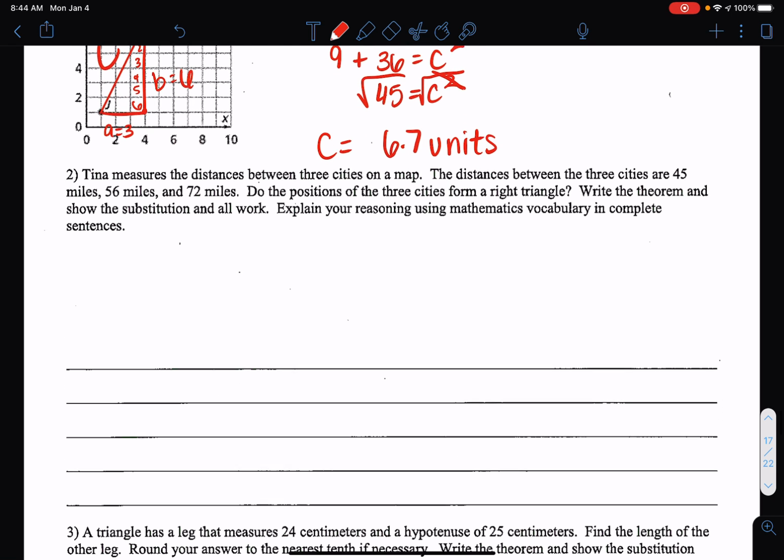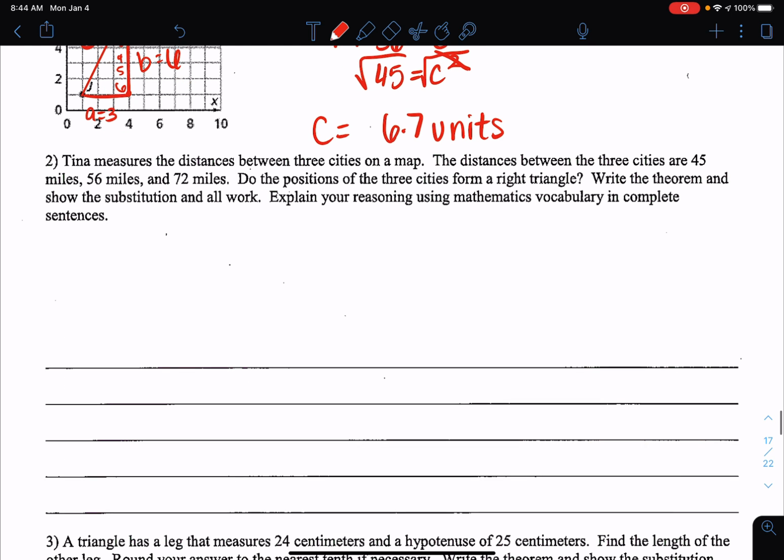All right, looking at number 2. This one says Tina measures the distance between 3 cities on a map. The distances between the 3 cities are 45 miles, 56 miles, and 72 miles. Do the positions of the 3 cities form a right triangle? Write the theorem and show the substitution and all work. Explain your reasoning using mathematics